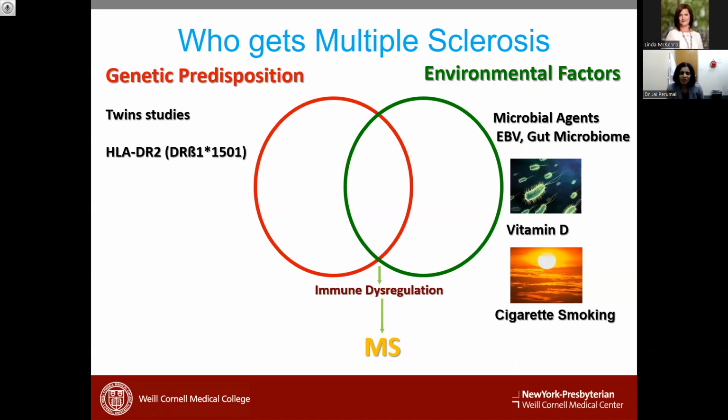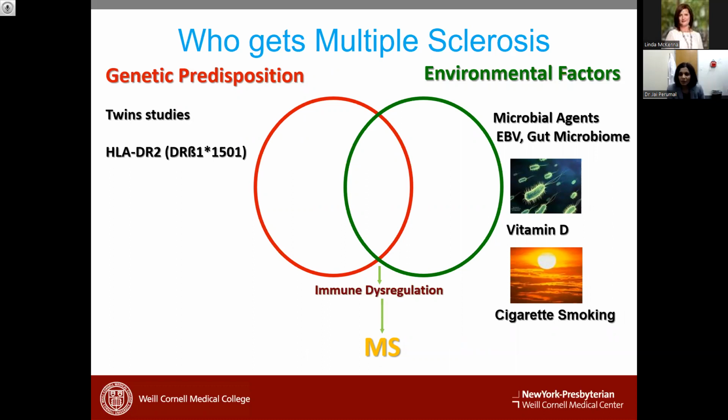Now with the GWAS and all that, more than 100 risk genes have been identified that predispose one to the risk of getting MS. Now the risk for MS isn't for MS alone. Often the genes that are on HLA-DR2, they carry a risk of any kind of autoimmunity. And which autoimmune disease somebody develops seems to be probably what triggers that disease. So the risk of autoimmunity goes together rather than specifically MS alone.